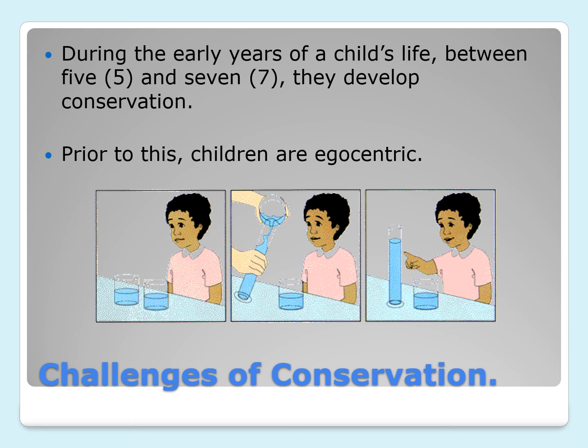Now, during the early years of life, between 5 and 7, children will develop something called conservation. Prior to this, children are egocentric, meaning that children will not understand another person's view or perspective. They think that their way and their view is the correct way. And I put a picture up here for you. I have 2 glasses. So if we give a child before the age of 5 to 7 years 2 glasses of water, and you ask the child which glass has more water in it, the child will obviously say that both glasses have the same amount of water.